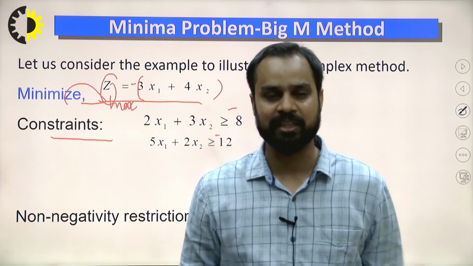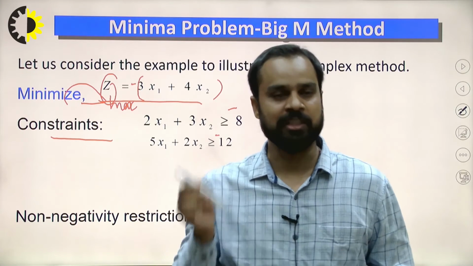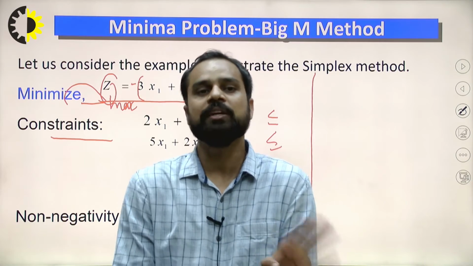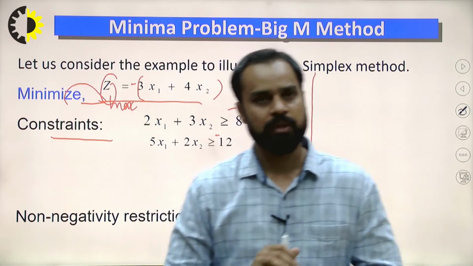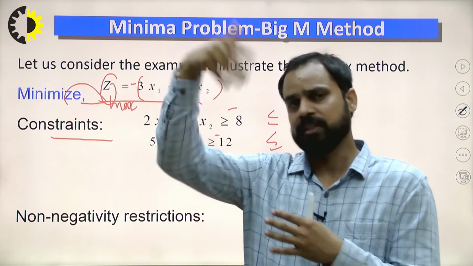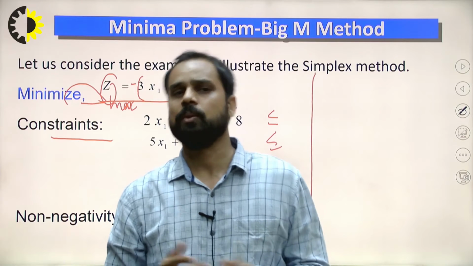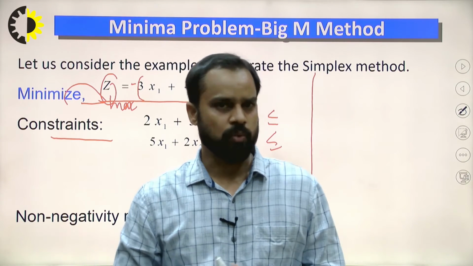How will you select the key column? The value which is the least one in the row of Cj minus Zj will decide the key column. That is the only difference. In theta there is no difference. Theta is always for minimum. We always decide the key row on the basis of theta, and theta is always minimum, whether the problem belongs to minimization or maximization. So there are two ways by which we can solve, right?